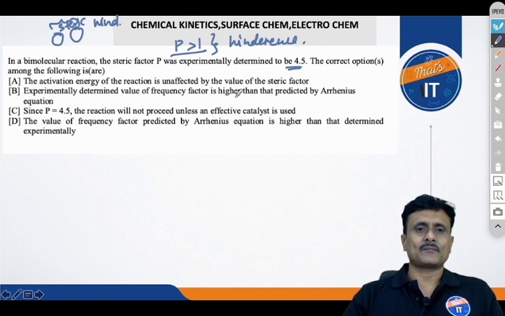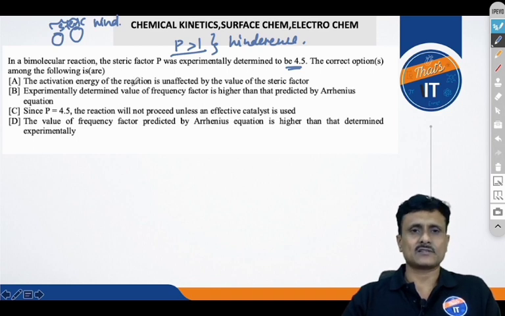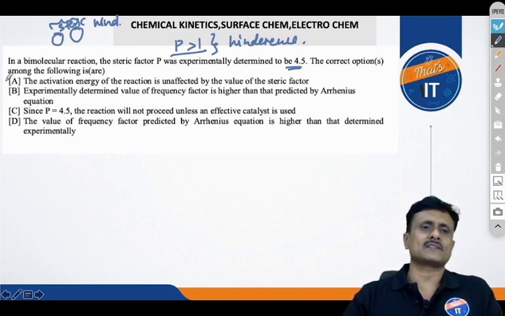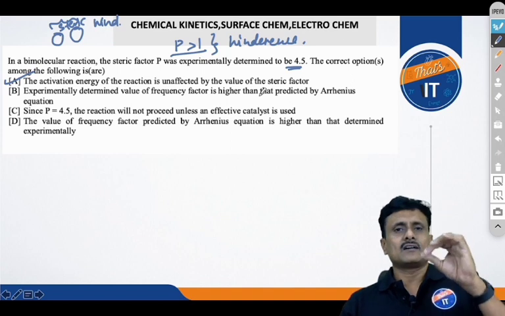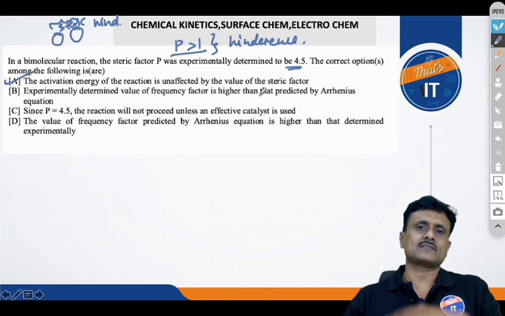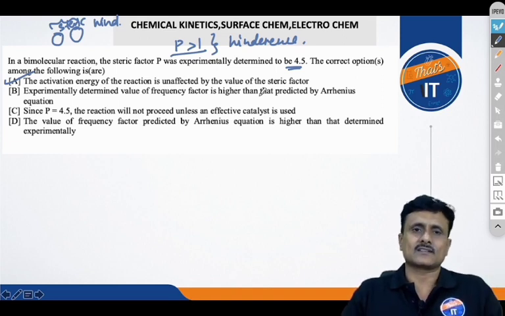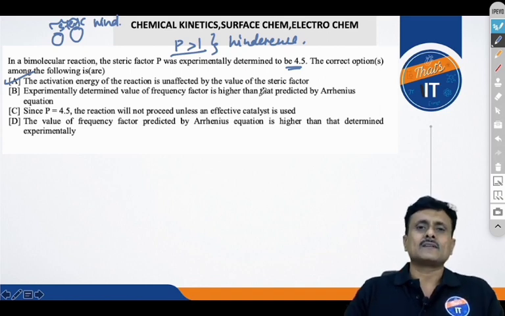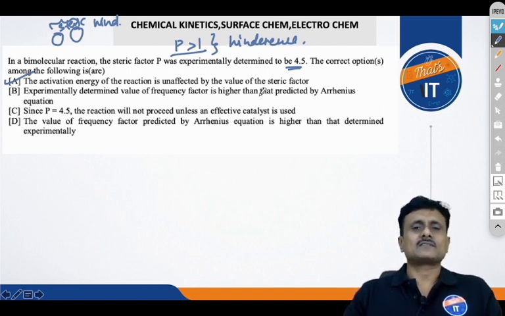So what is happening is that if P is greater than 1, what will happen? The conditions are being asked. You can see the activation energy of the reaction is unaffected by the value of steric factor. That's true, because activation energy is purely intrinsic value. That means it depends upon the internal factors such as the internal motions of the gas molecules, internal kinetic energy, that is translational kinetic energy, etc., but not the external factors such as steric factor. So this activation energy is independent of steric factor is the correct statement, and